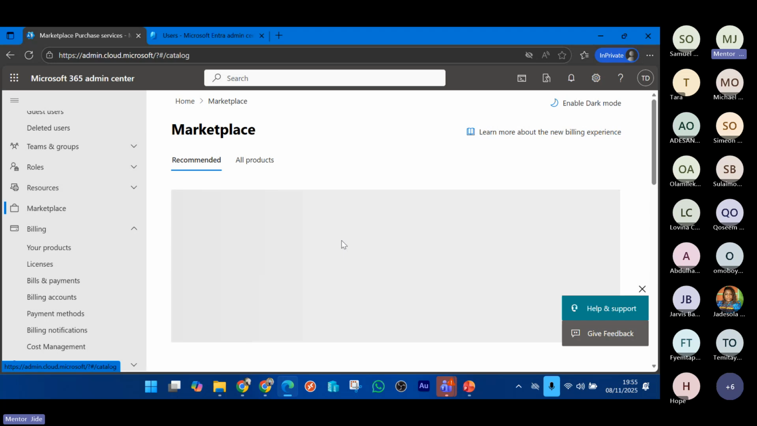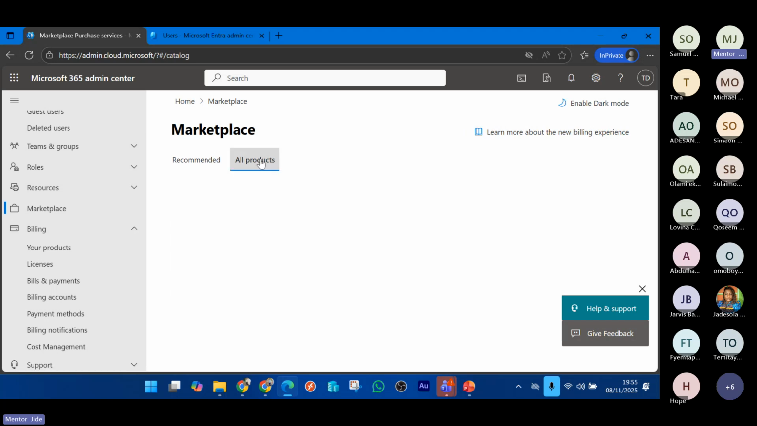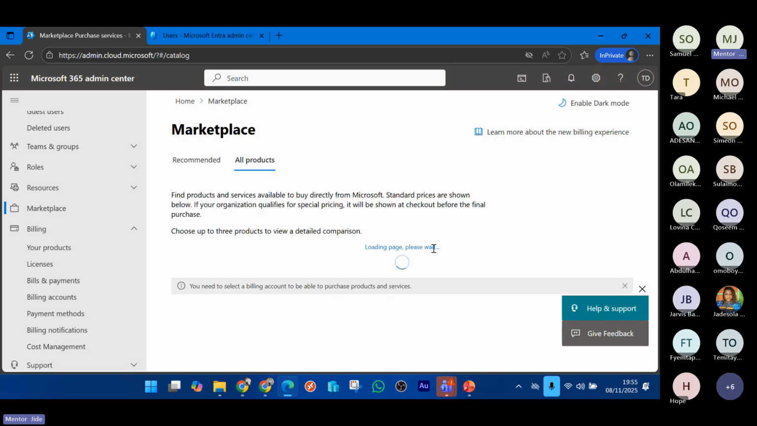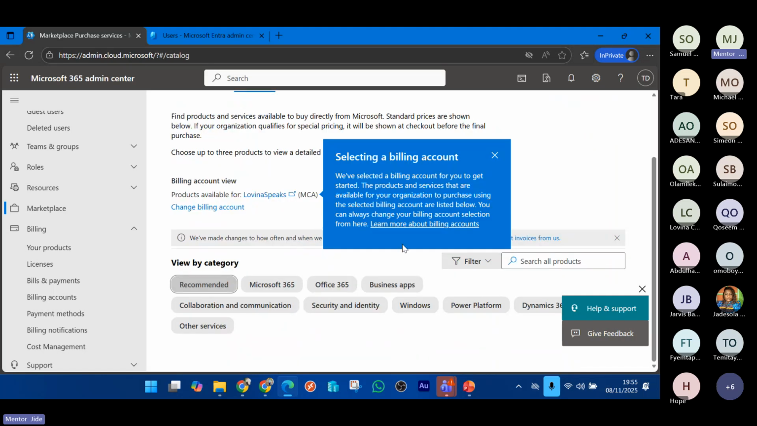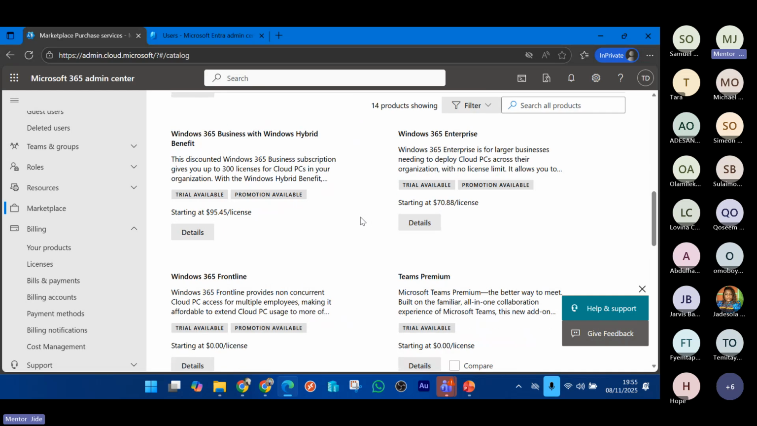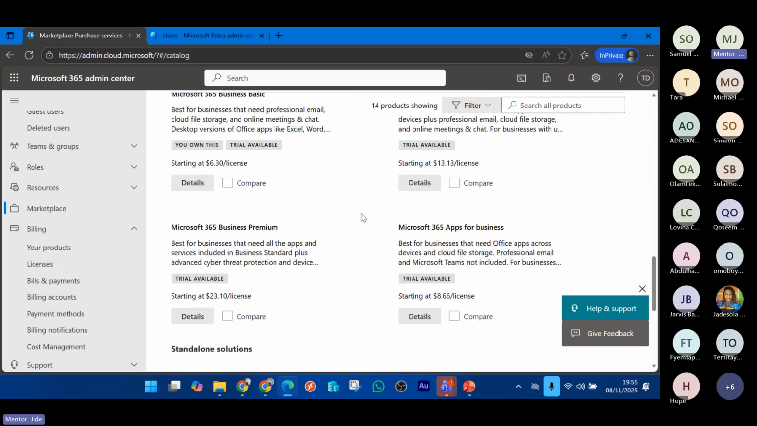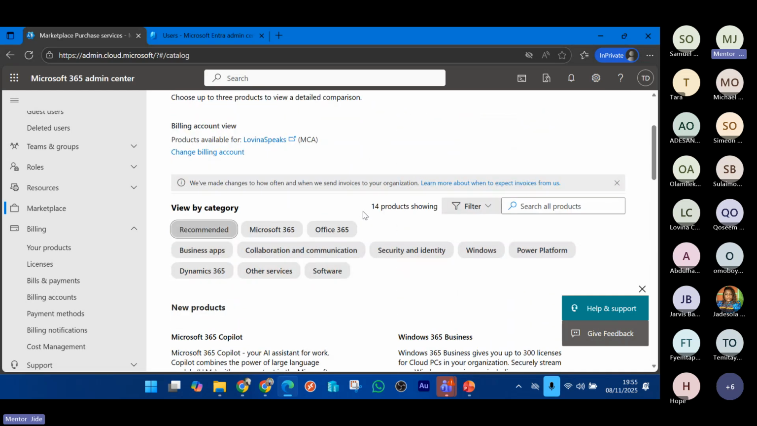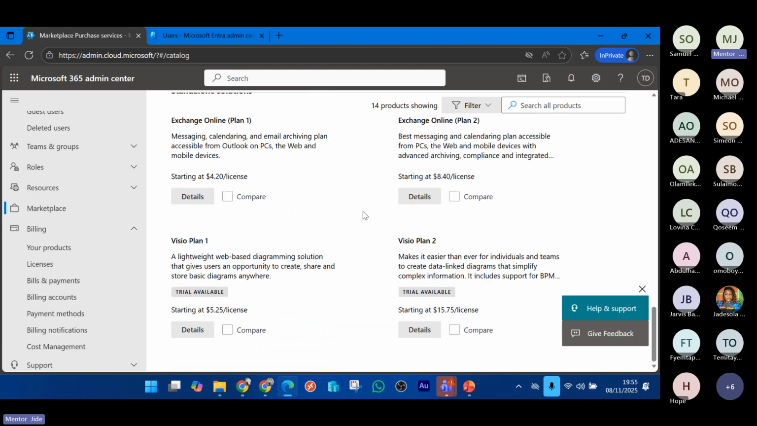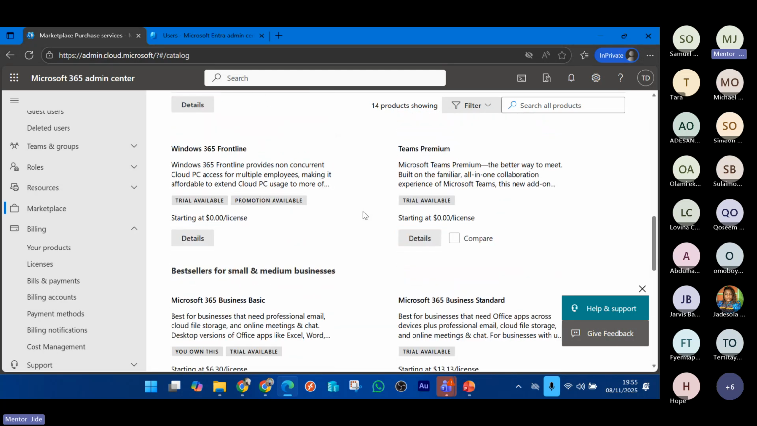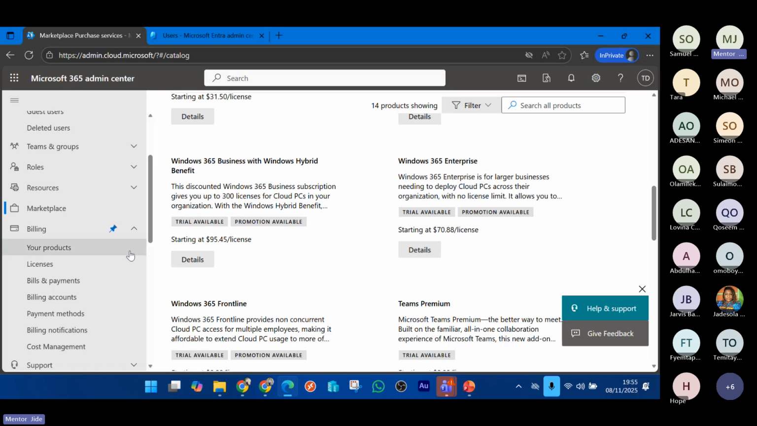So this marketplace also is where you can get any license you want in Microsoft 365 if your tenant qualifies for it, because not all subscriptions qualify. There are some subscriptions you need to activate for others to show up in your marketplace or purchases. So currently, if you go to